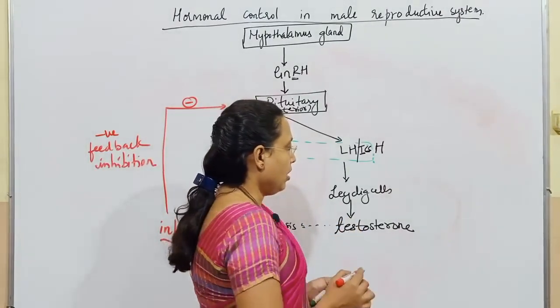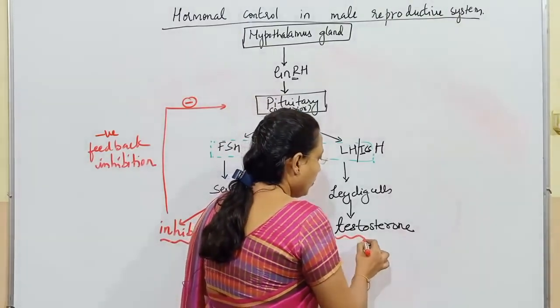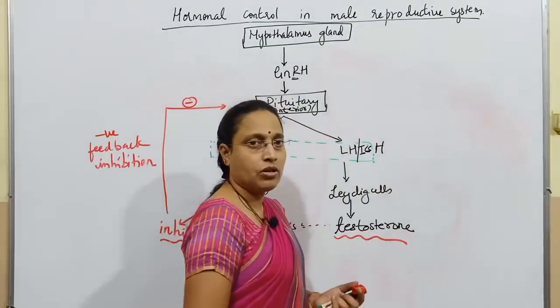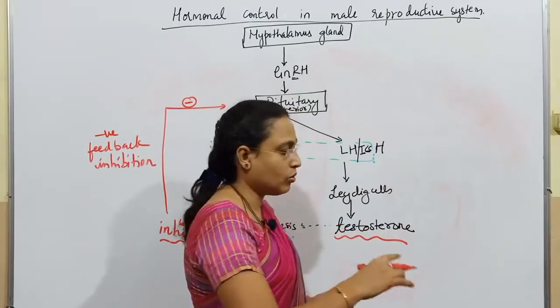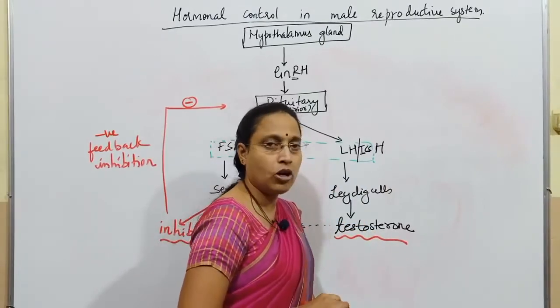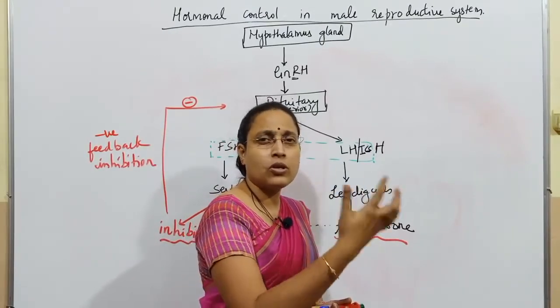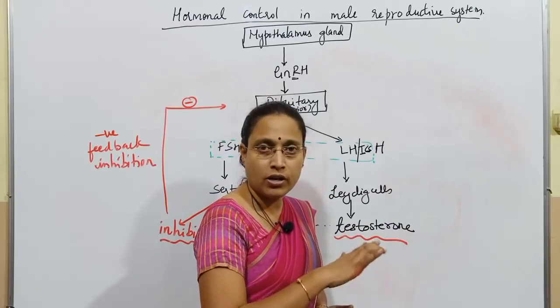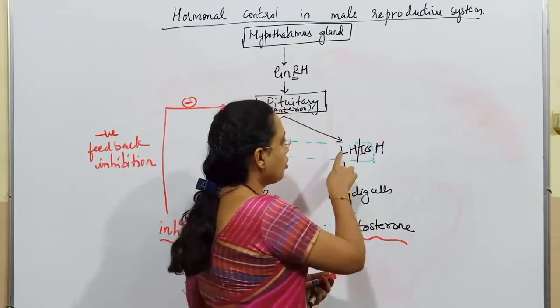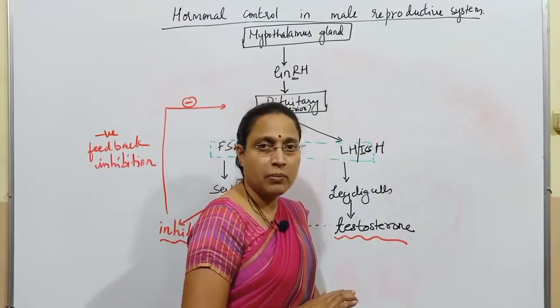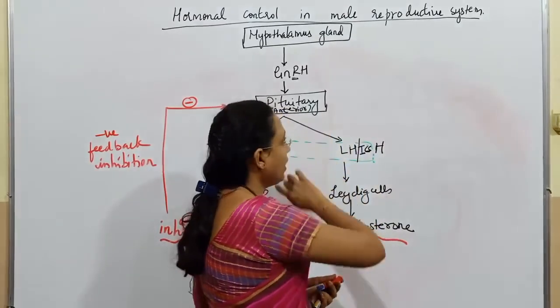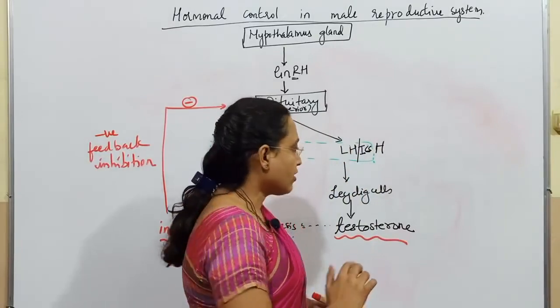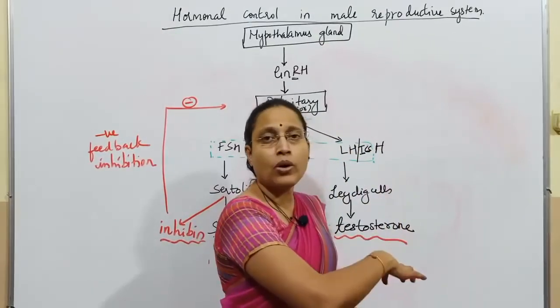Now, here who will stop LH or ICSH? Who will inhibit it, so that whose concentration is controlled? Testosterone. Testosterone concentration has now become sufficient. Now its production has to be put under control or reduced. For that, what should be stopped? LH should be inhibited or stopped from being secreted by the pituitary. Now testosterone will do its own inhibition.